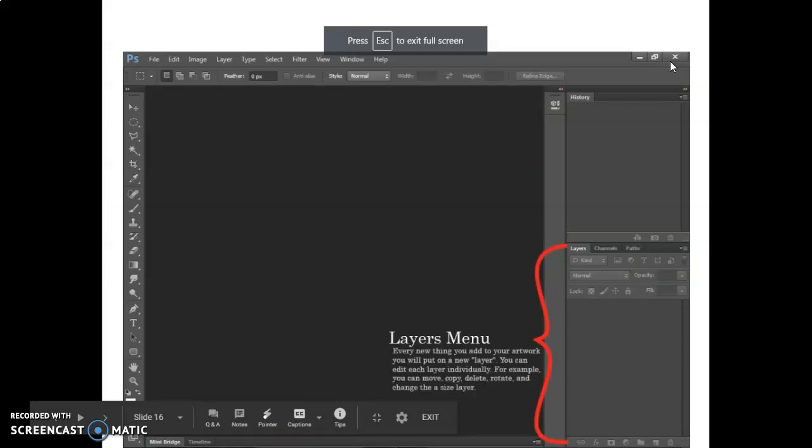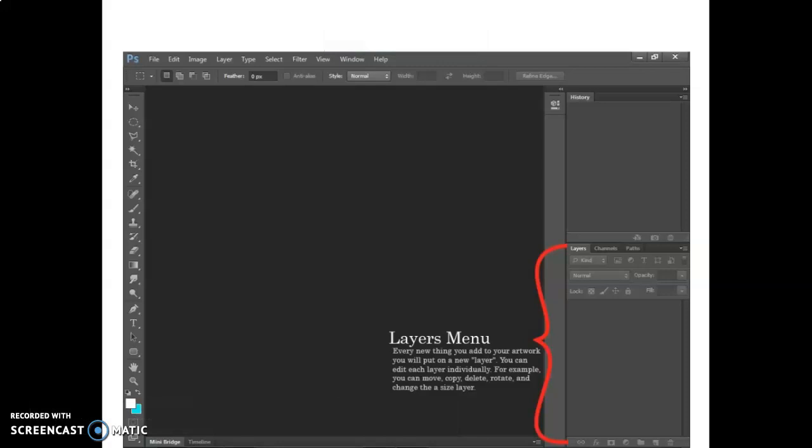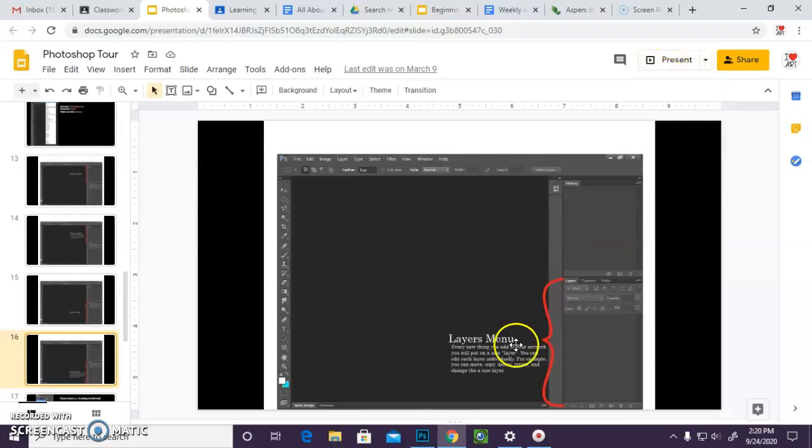Your layers menu is extremely important. Every new thing that you add to your artwork, you must add a new layer. You can edit each layer individually. So for example, you can move, copy, delete, or rotate that layer. So if I come here